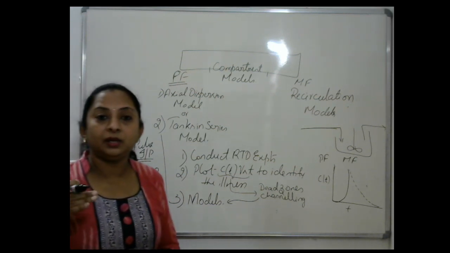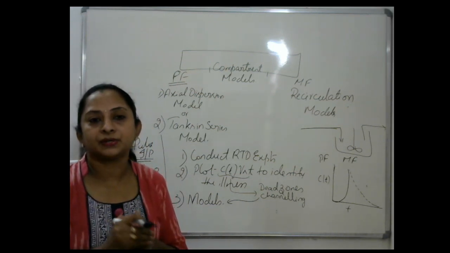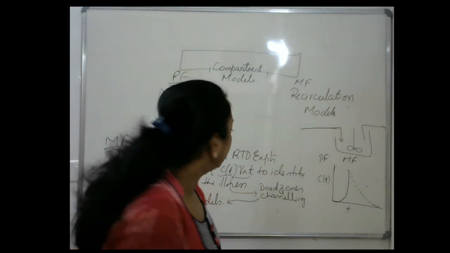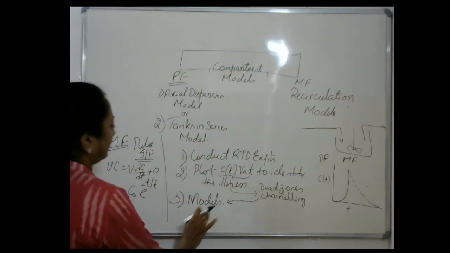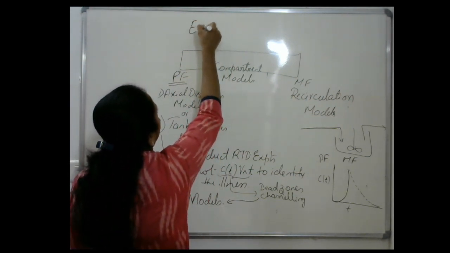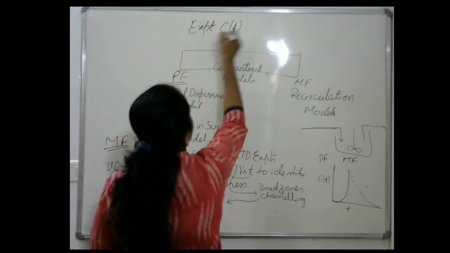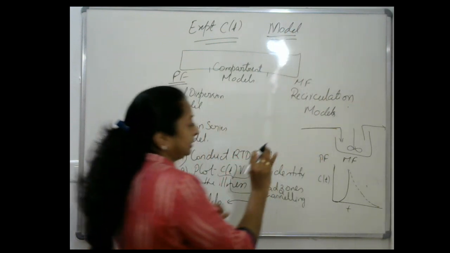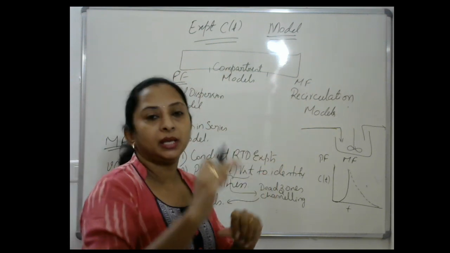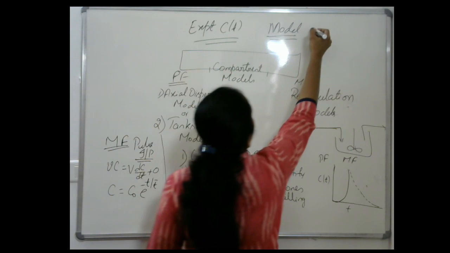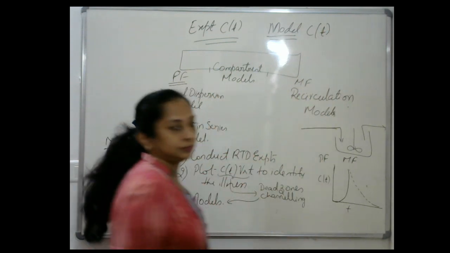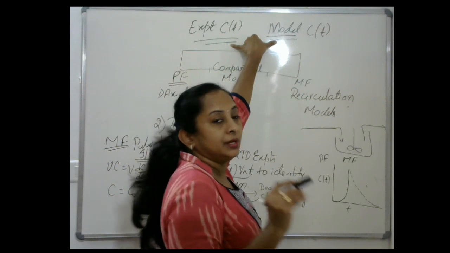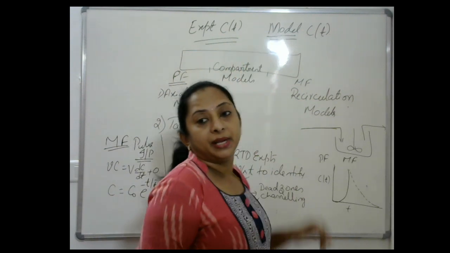But when we develop the models, they are much more complicated equations. I'll be showing one such model. Suppose from the experiment I have obtained C of t values. From the model, I have developed a model which will mimic the real reactor, and I have found an expression for C of t. Now if I measure the deviation, this gives me the extent of non-ideality.